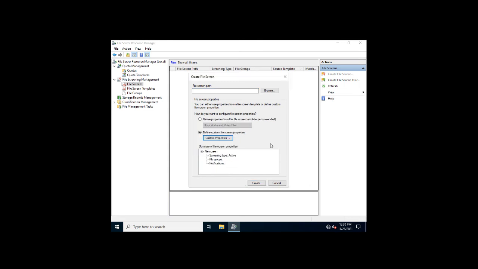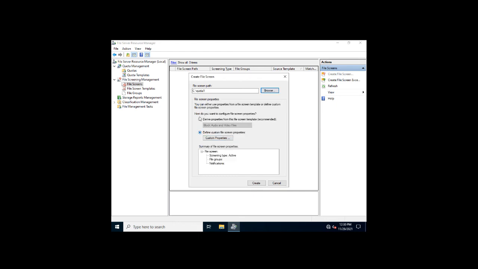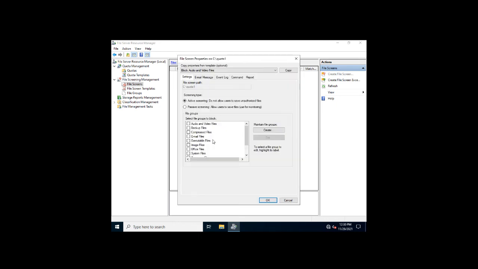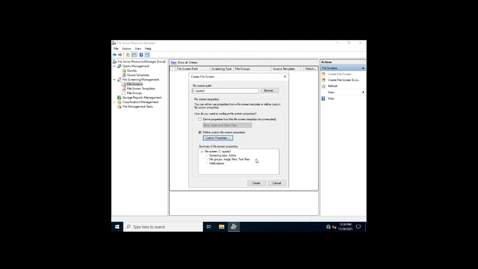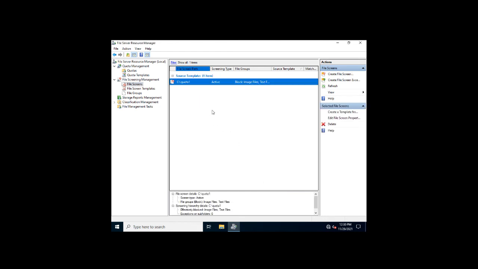First we have to browse to the path on which you want to configure this. Now click on custom properties. Here we have audio and video files, backup files, compressed files, email, executable. I will select image files and text files, so the user cannot create these two types of files here. Click on OK. These two file types are selected. Click on create.